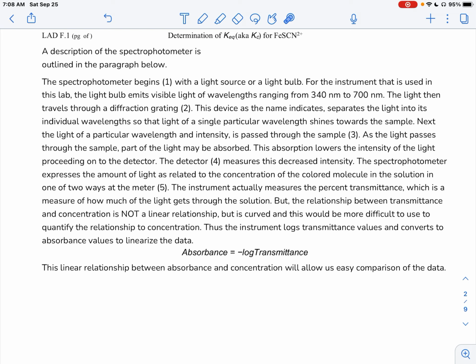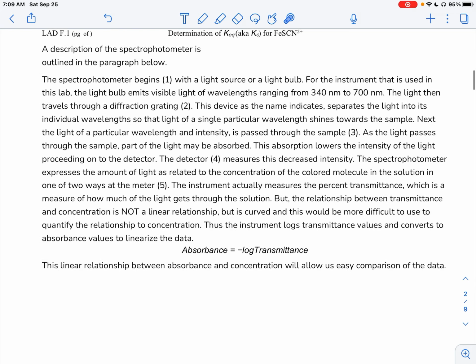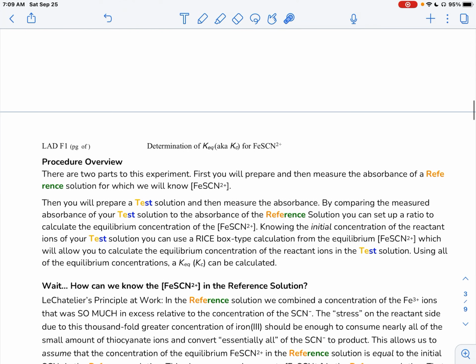What the spectrophotometer measures is the percent transmittance, but I click the program that we want absorbance versus concentration, so we can use Beer's law. So when I open up the spectrophotometer, which I'll calibrate for you and all of that, I click the program that does this automatically for us. Okay, so it takes the transmittance and it negative logs it, and so the number that it spits out for us is absorbance, which is just a much more useful number for us. So again, you can read through all of that text on your own, take any notes you think you need, anything like that. So that brings us to